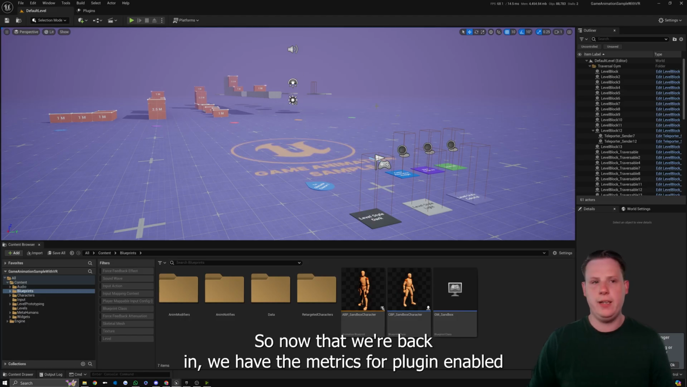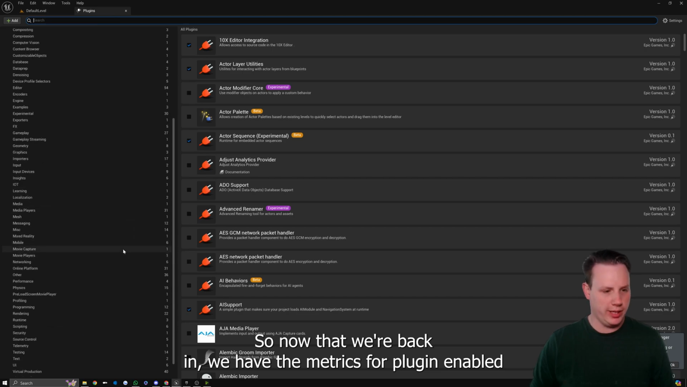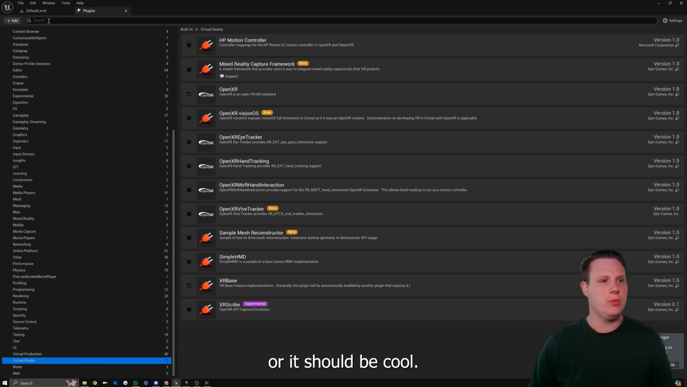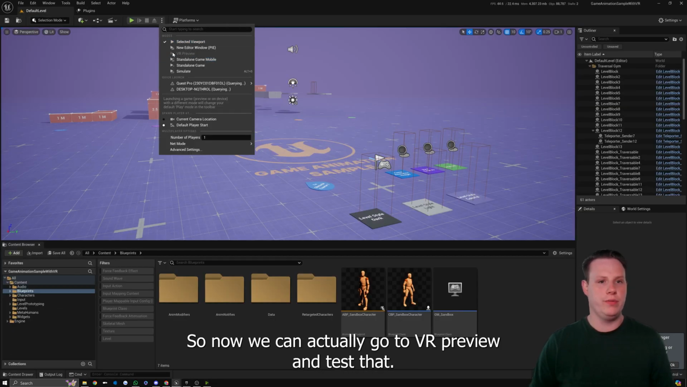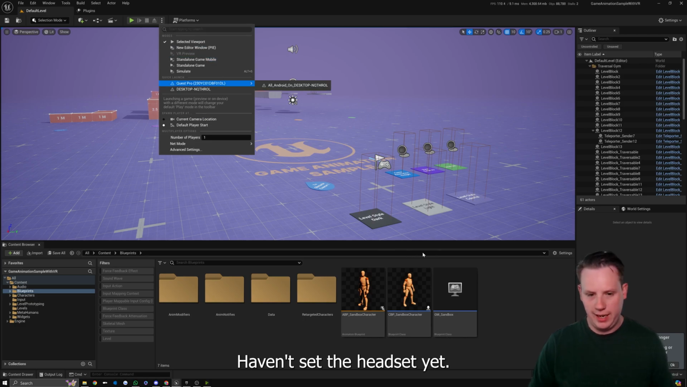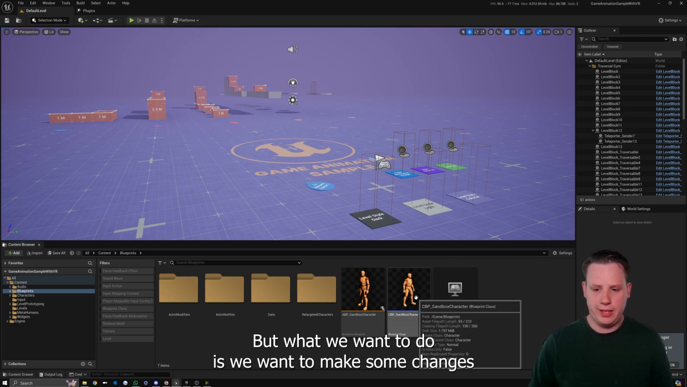So now that we're back in, we have the OpenXR plugin enabled, or it should be. Cool, we've got that there. So now we can actually go to VR preview and test that. I haven't set the headset up yet. But what we want to do is make some changes inside of the